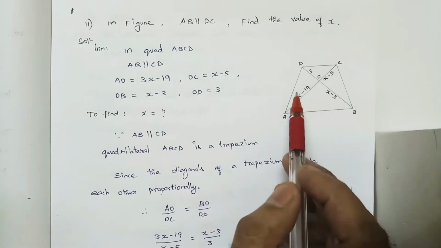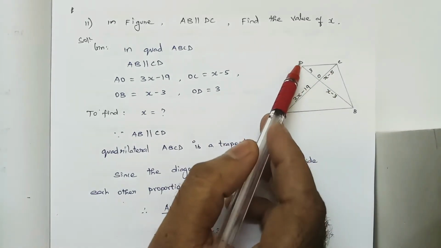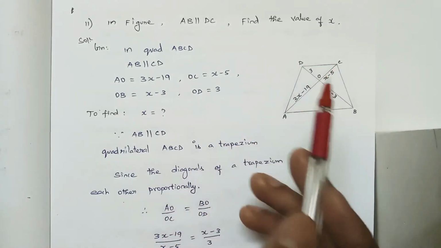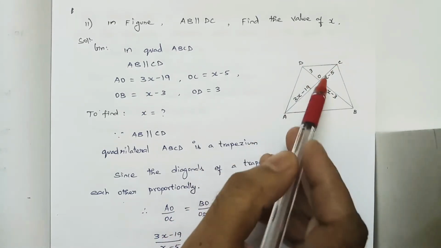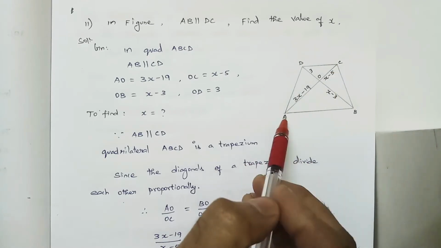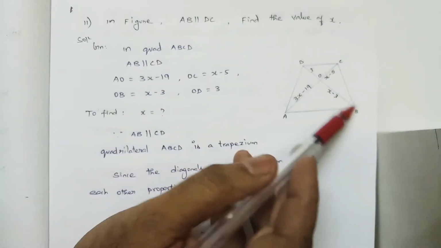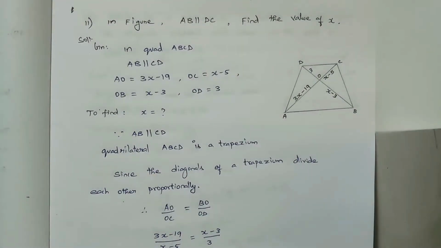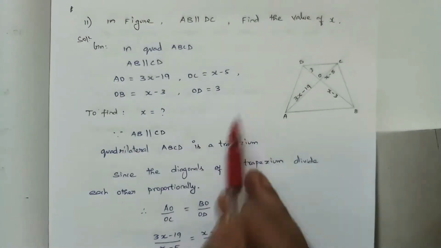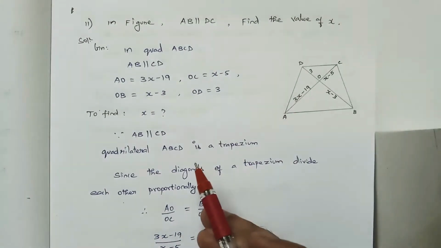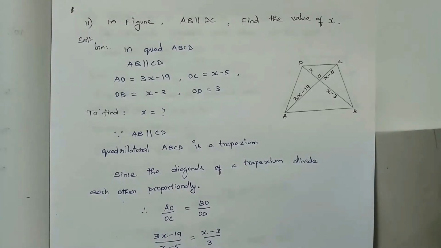So now we are having two triangles, right? One triangle I will take as DCA, and the second triangle I will take as DCB, right? By using the BPT statement, I will prove that this side by this side is equal to that side by that side. We can substitute the values and cross multiply, and we'll get the value of x. But it will take so many steps.